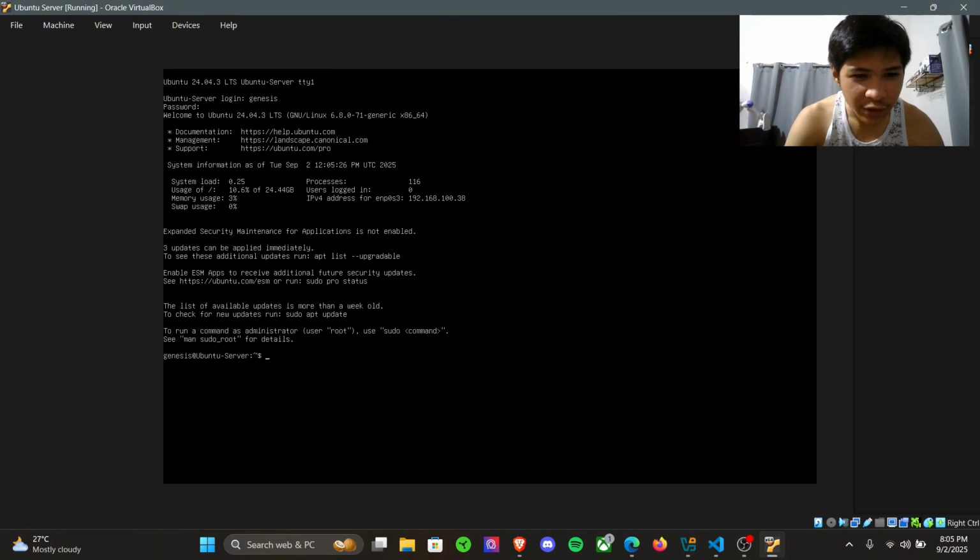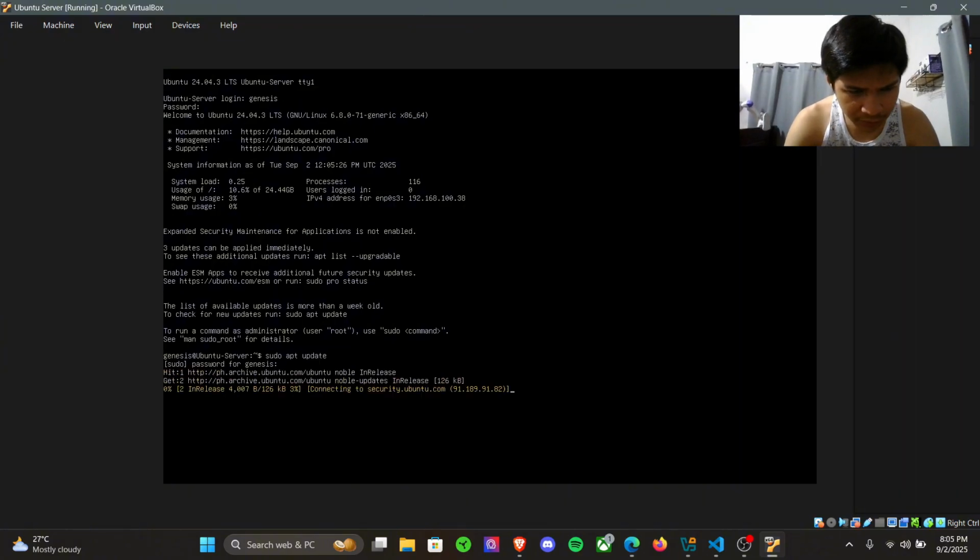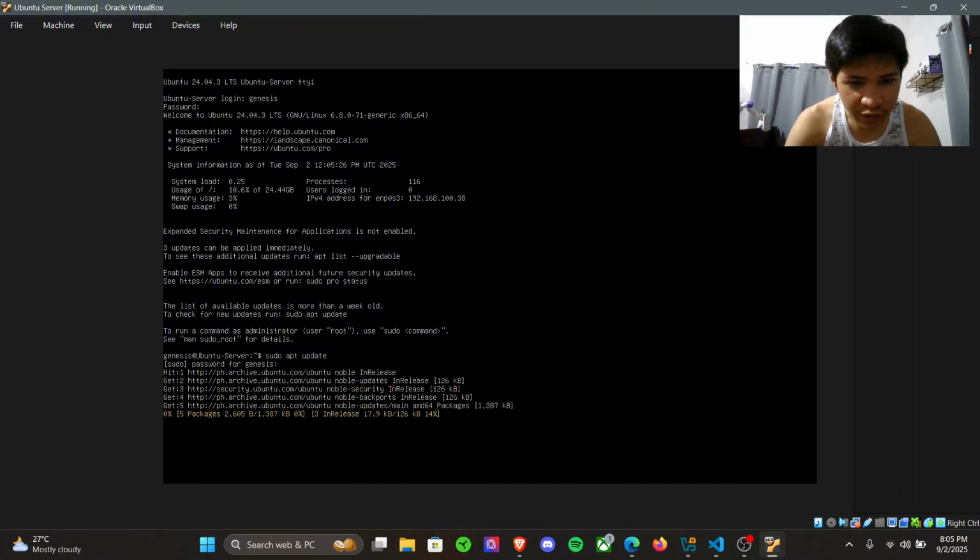There we go. So we'll install the SSH server. First use this sudo apt update. There we go. And we'll enter my password. It's gonna start from here.